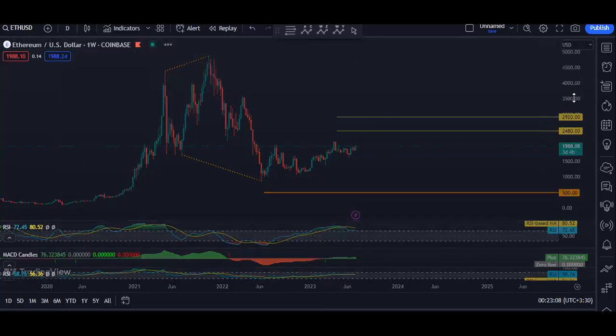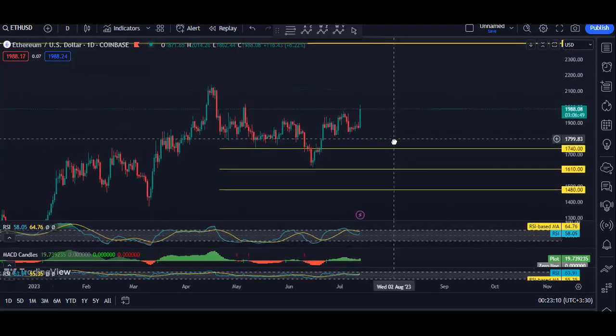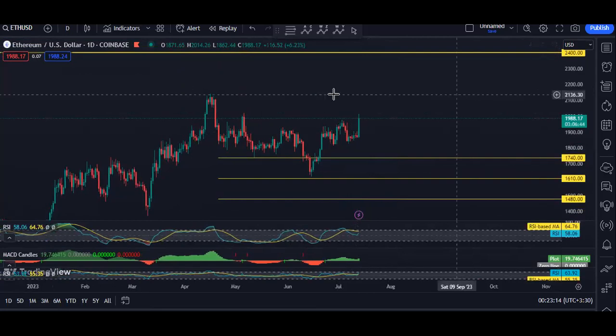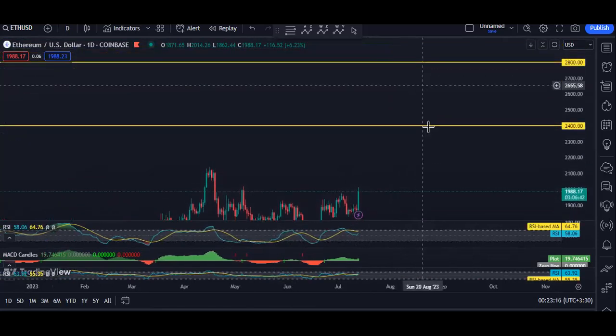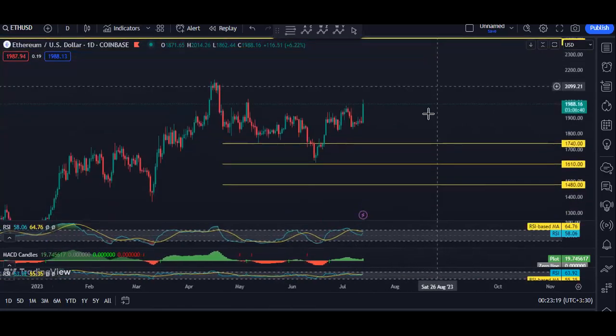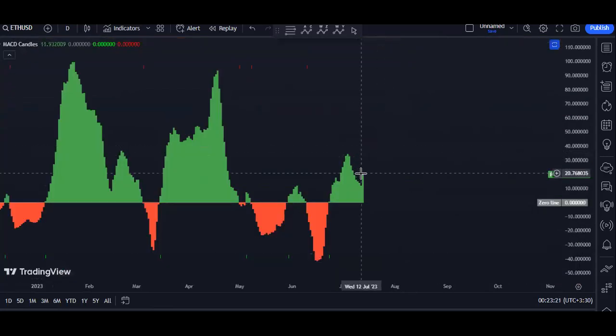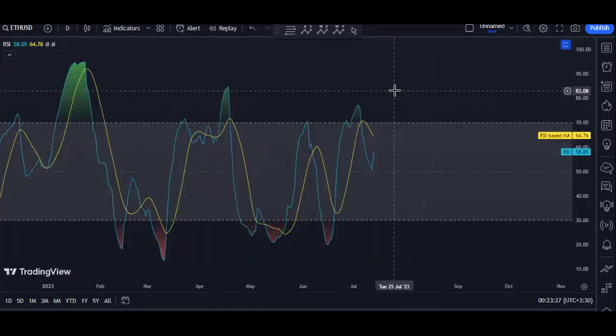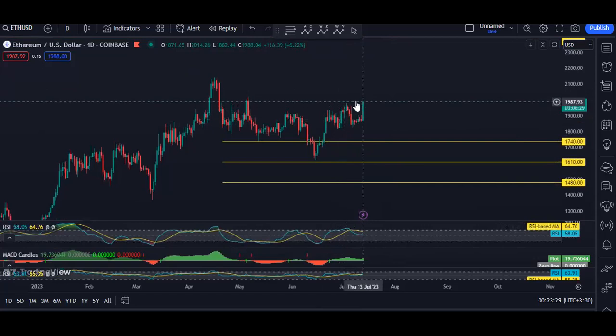And if we move to the lower time frame, based on the daily chart, we explained how we can look for a trade. But at this point, we don't see any trade setup. But if the price continues, these are the targets I'm looking for based on the daily chart. And if we refer to the indicators, we see we have a divergence. That's why we need to be quite careful.